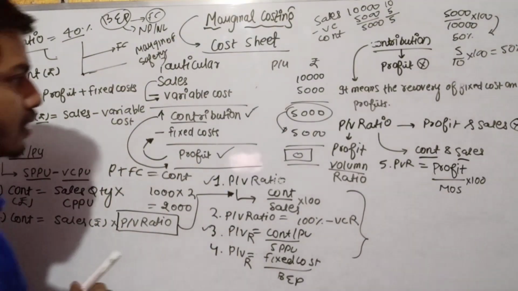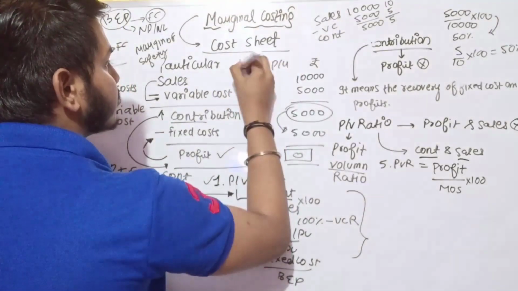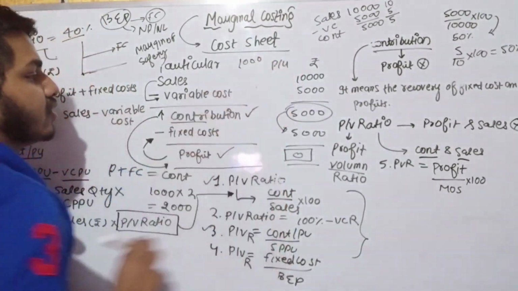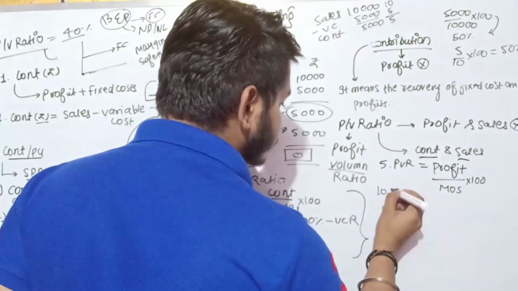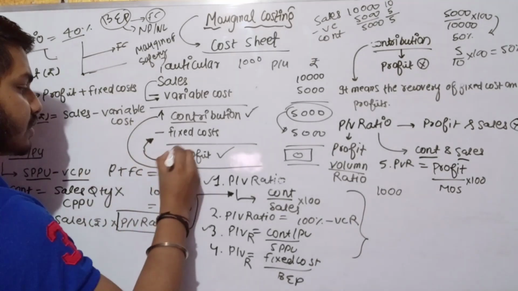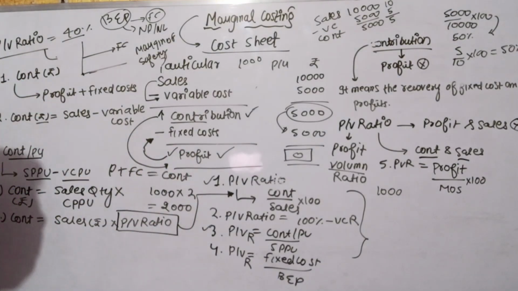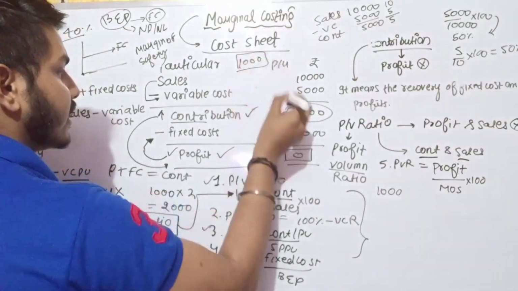See, suppose you have sold 1000 units. If you sell more than 1000 units, then you will be earning profits. Yes, certainly you will, because at 1000 units you are getting no profit, no